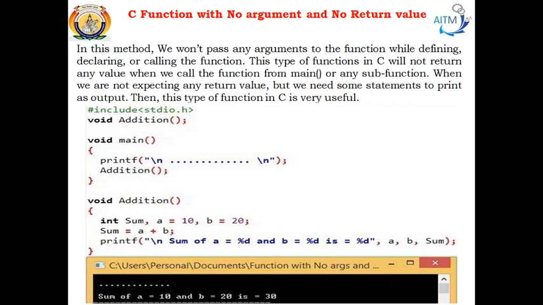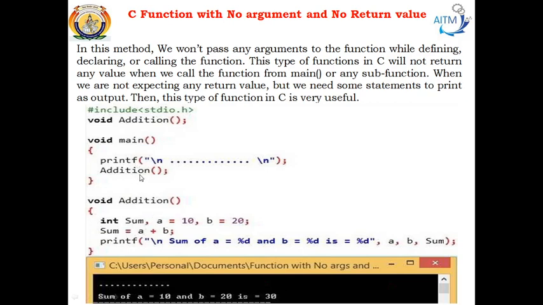Okay, so the function that we have written inside the main, that is the addition, is called the calling function, and the function that you have written outside the main is called the called function. So the calling function will call the called function, and this function will perform the necessary operation. These operations depend upon the instructions that you have written inside this body.